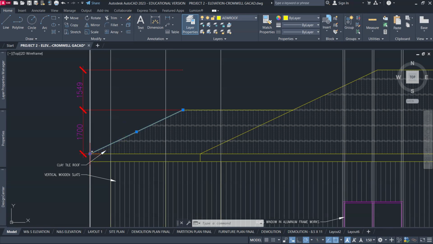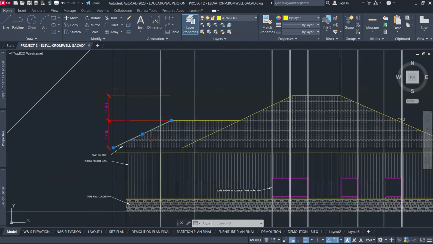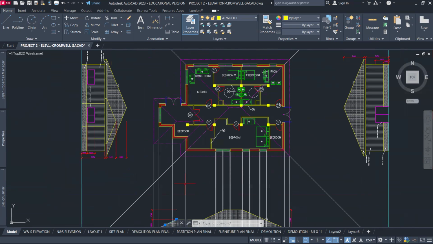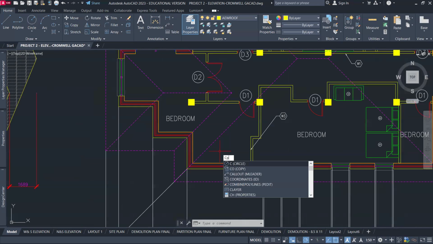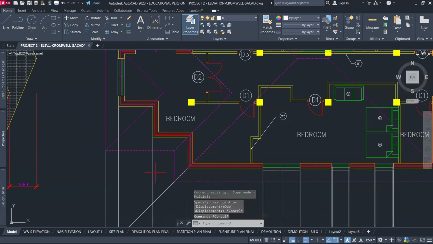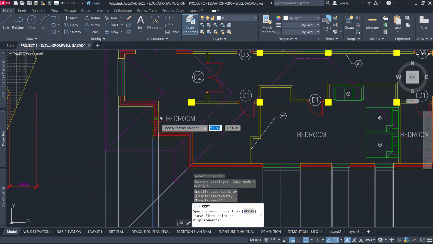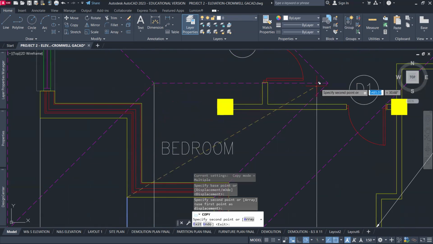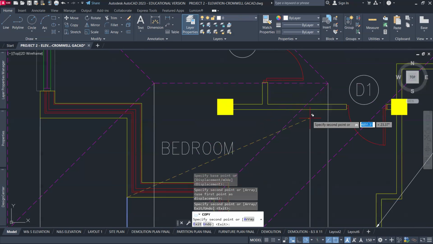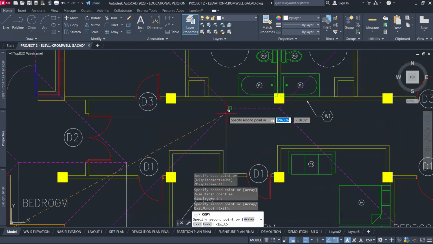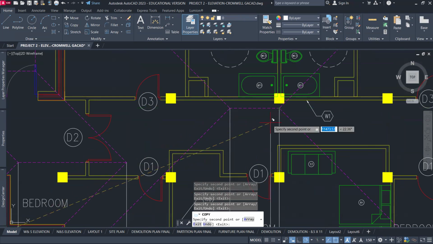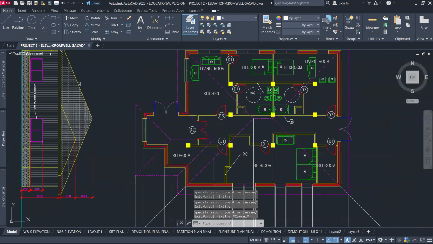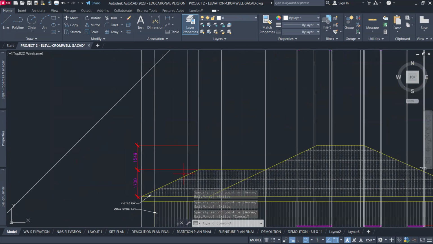Once you have established the top of the fascia and the height of the roof, you now need to, I think I'm missing a line here. So copy this guideline to project it downward again. So copy this to that roof top, the tip of the roof. So we need those, okay? So we need that. We also need this one here, that one there, okay? And that's where we got this